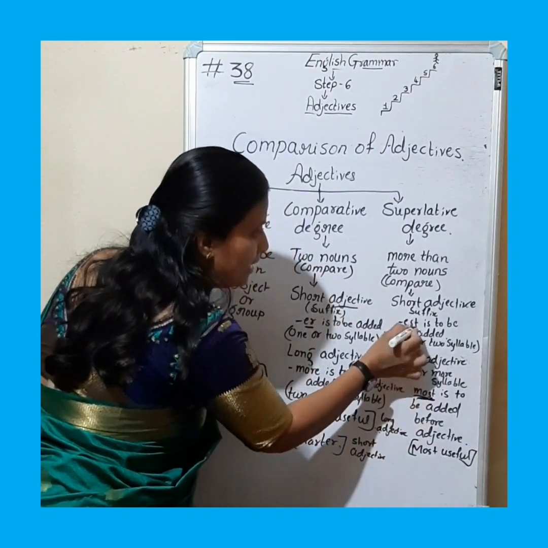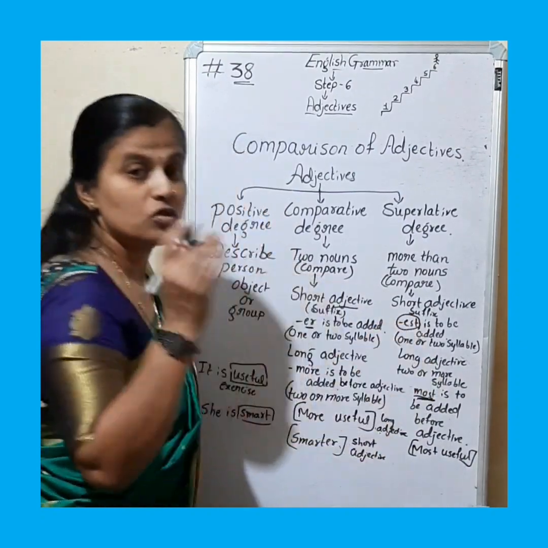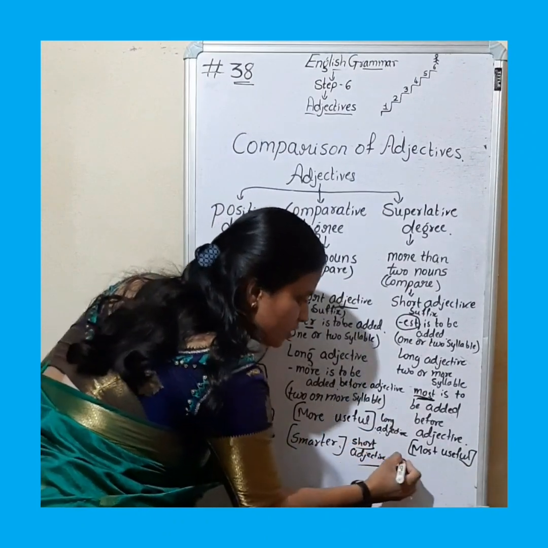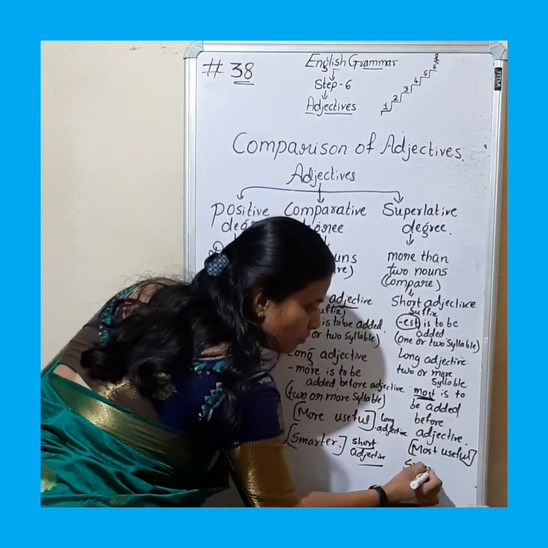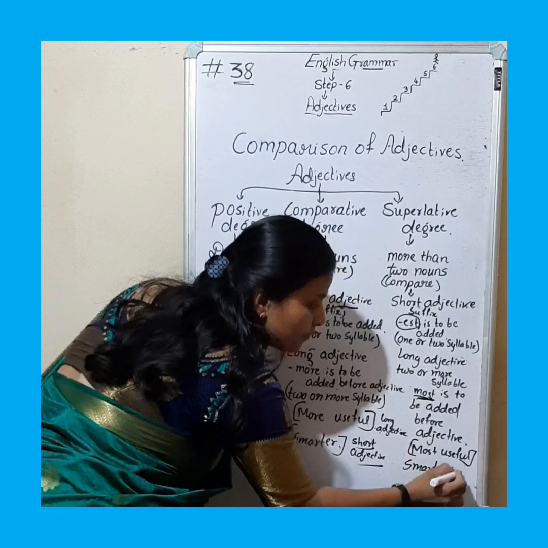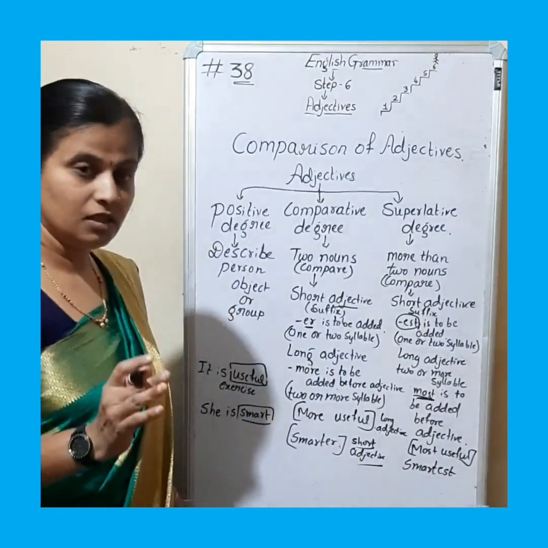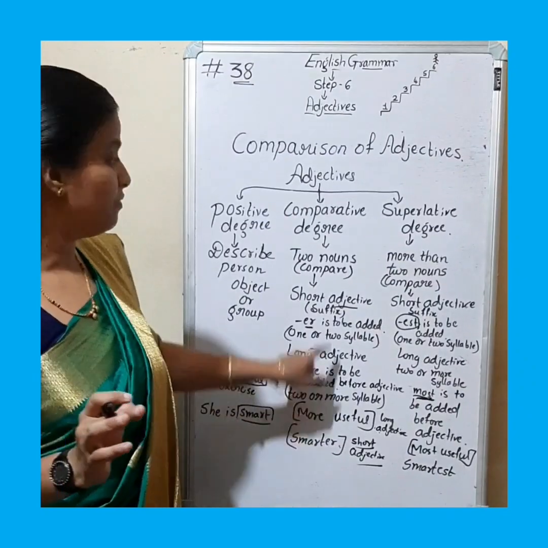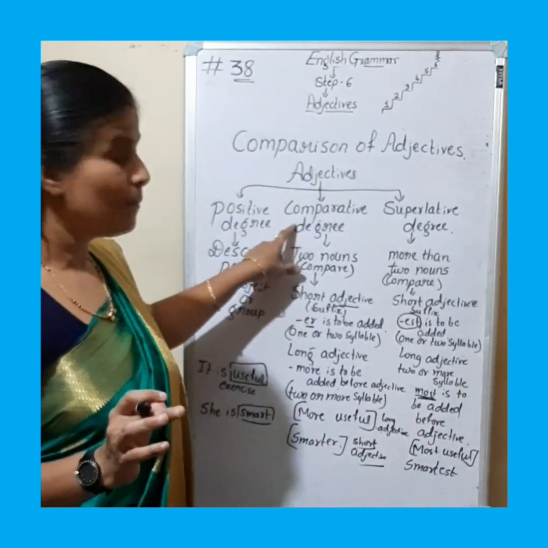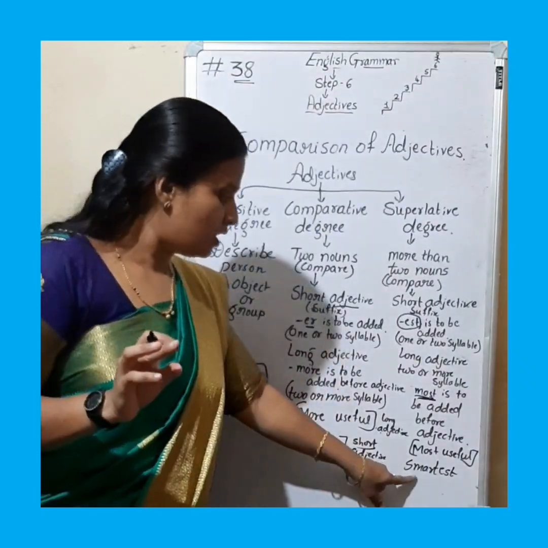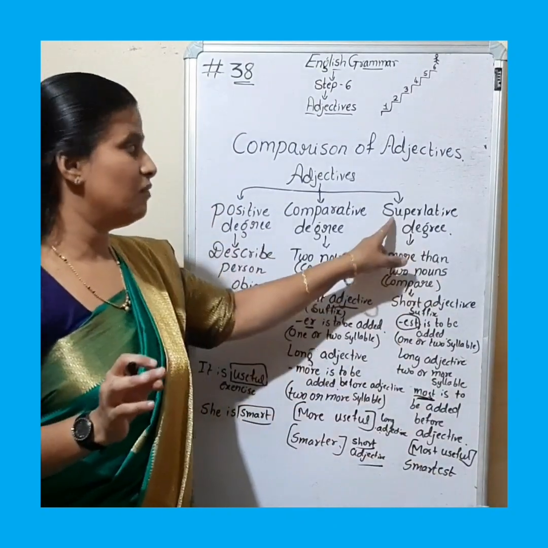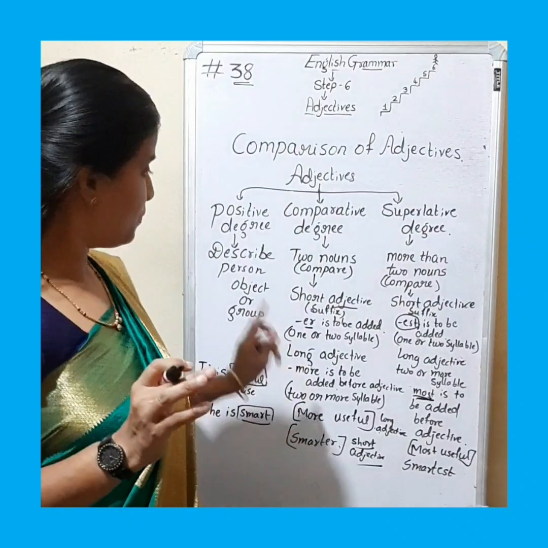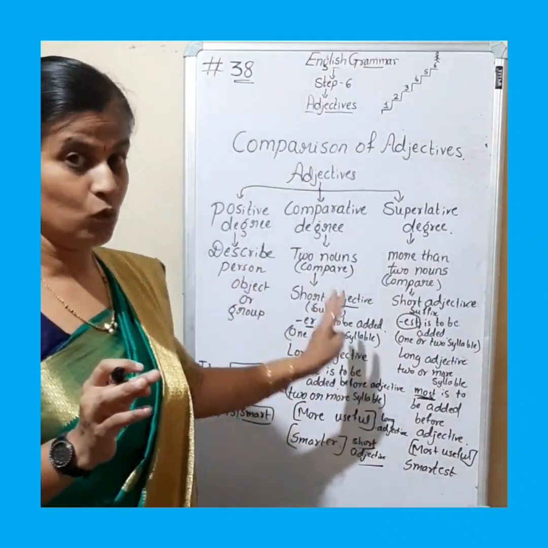The suffix est is to be added. See here, right? Suffix est is to be added for the short adjective. So I'll write now smartest. Clear? Fine. So smart has changed to smarter when we have written in a comparative degree of adjective. Smartest we have written when we are talking about the superlative degree of comparison. I hope the difference is also clear and meaning also clear.